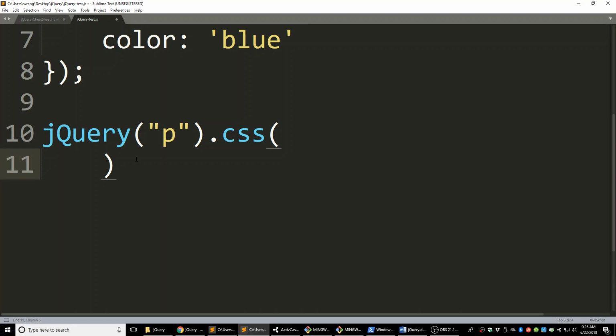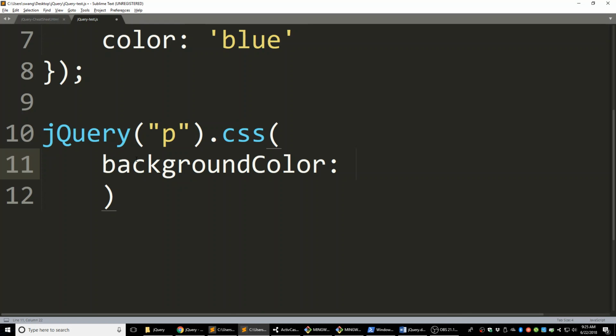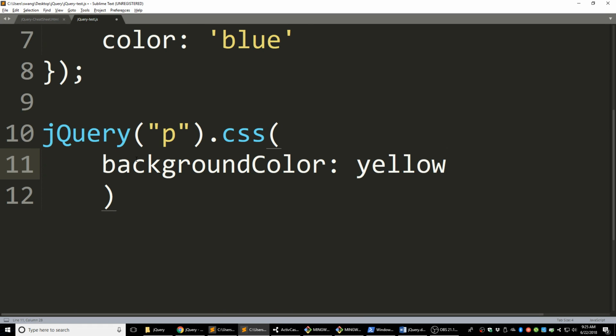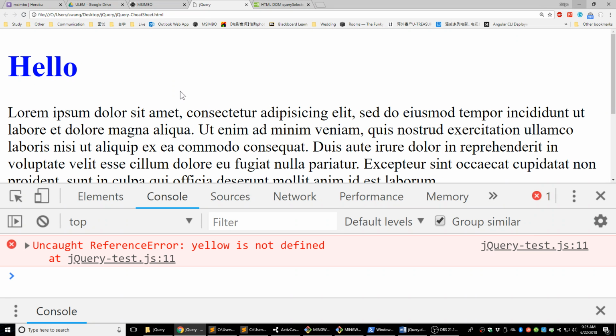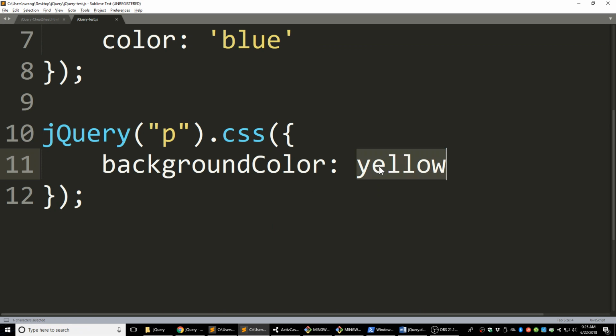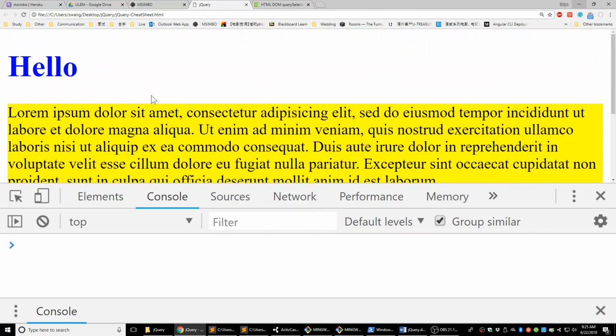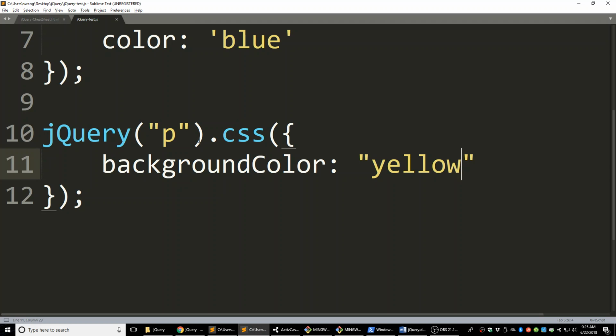We change the background color. What colors can I choose? Like yellow. There should be a bracket here, I think. Yellow is not defined. Yellow should be in a string. Yep, that's how you select an item in your HTML file, in your DOM, and apply a function to it,